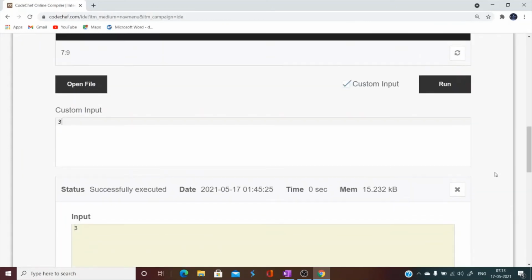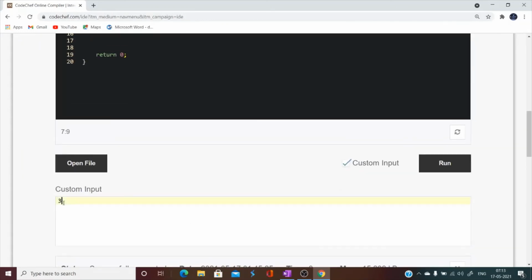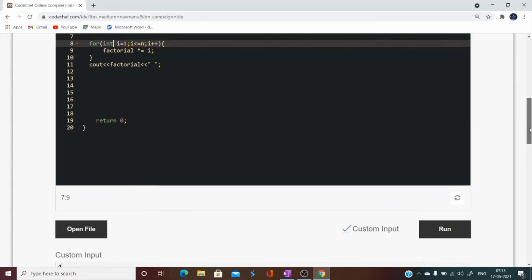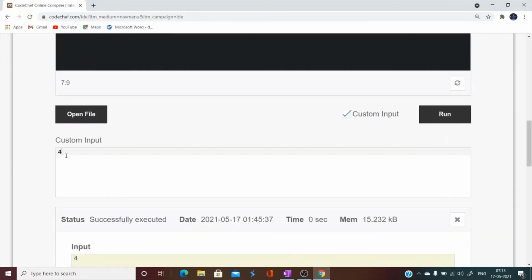See, the output is 6 for 3. I'm changing the input to n equal to 4 and we have to get 24. We'll get 24 here in the output box. Now I'm inputting n value as 5. The output will be 120.